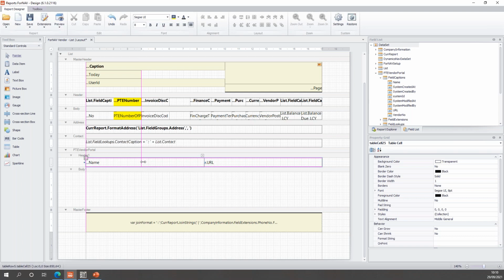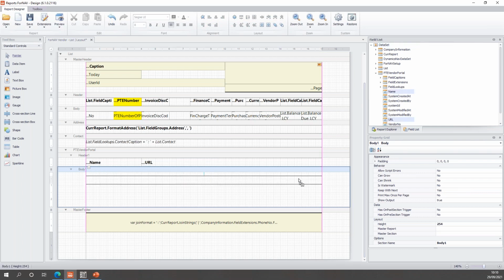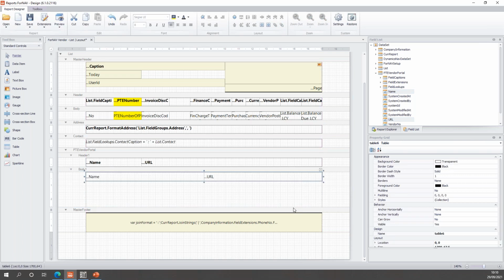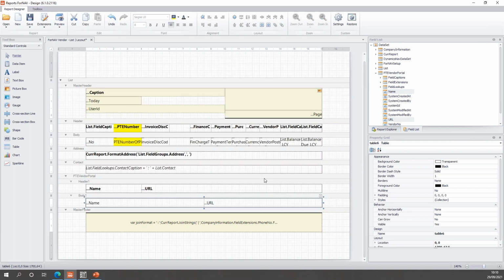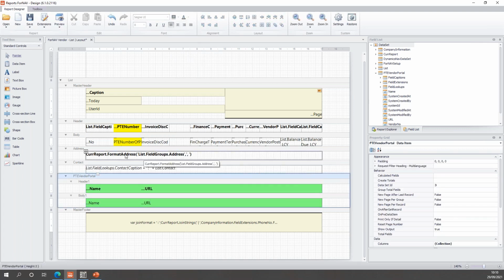So let's move this to the left and make the font bold because it's a header after all. And in the body, of course, I don't want the captions, I just want the name and the URL. So I'll drag these in, same way, select them with the Ctrl key pressed, drag them into the report as a table and add them right here. And then let's give it a nice fresh green color so they stand out a little bit when we print them,